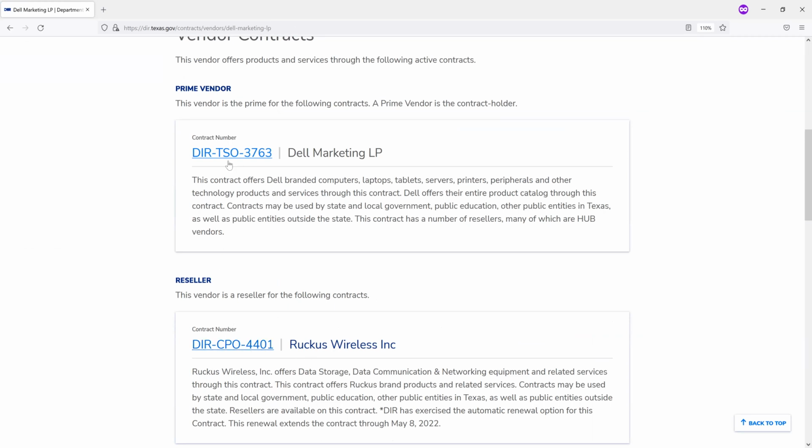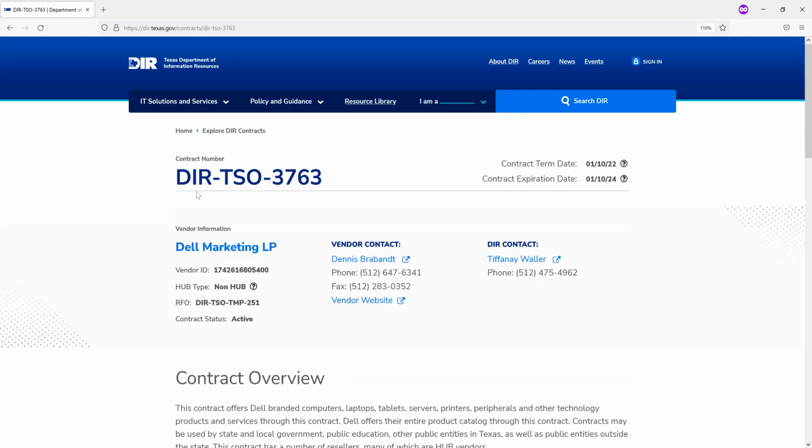your question may be related to, let's just go into this Dell contract. And a lot of the information on a contract page is the same as before. We did have a little bit of an update here that I wanted to bring to your attention. We have term dates and we have expiration dates. Expiration dates are if the contract has executed all of its renewals. So this Dell contract, if we executed every single renewal that we have on it, will go through 2024.